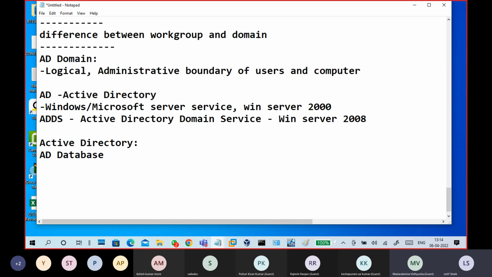It is a directory service that provides a directory service, maintaining the Active Directory database. When the question is asked, what is Active Directory, the answer is the Active Directory database. You have to start with the Active Directory database stores